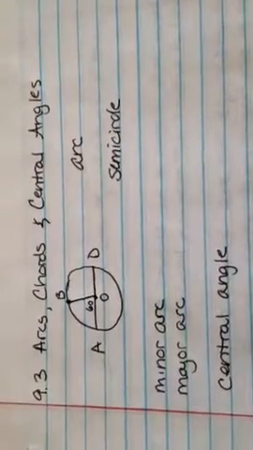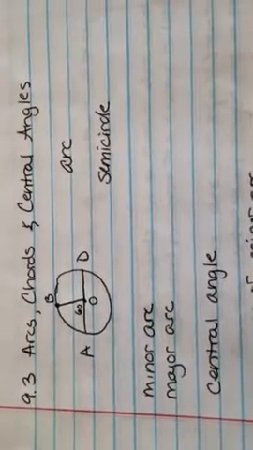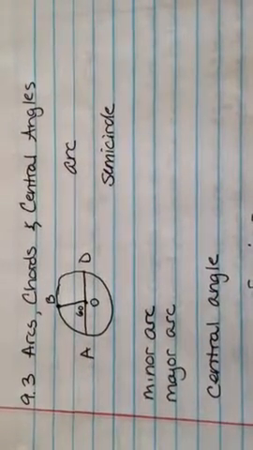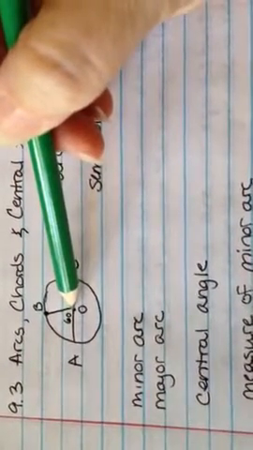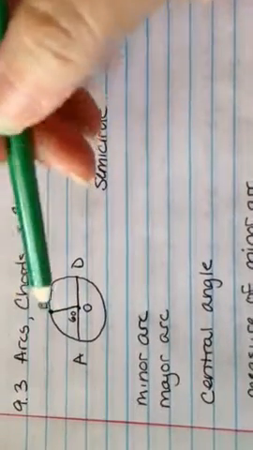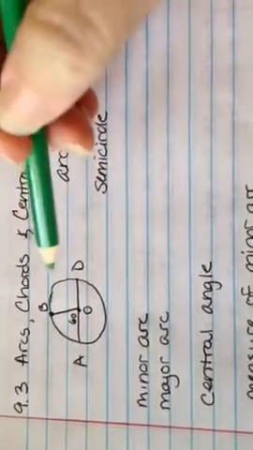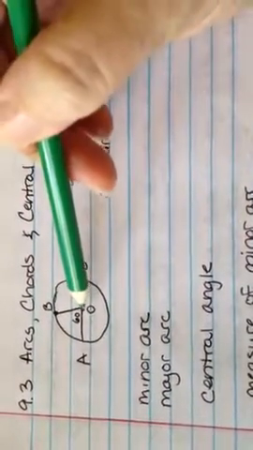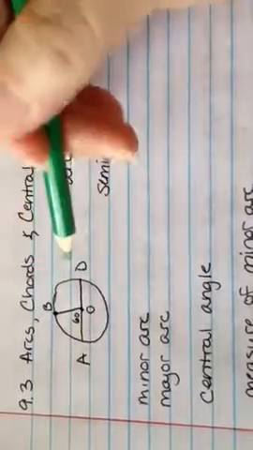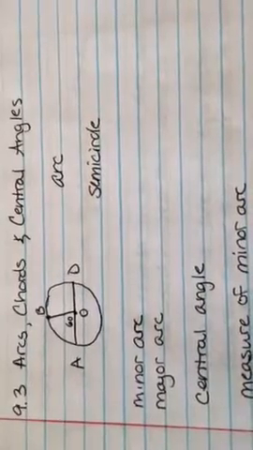Alright, so we're entering another lesson that has a lot of vocabulary in it. Still related to circles, today we're going to talk about arcs, chords, and central angles. So I have a circle with point O in the middle. And you remember yesterday we talked about radiuses and diameters, where the radius is the distance from the center to the side, and the diameter is two radiuses that are opposite rays connected, or basically a line through the middle of the circle that touches the